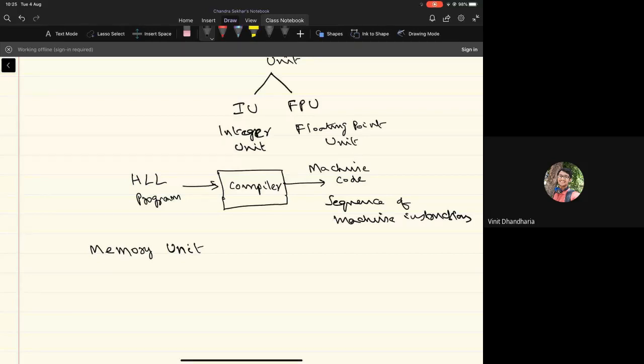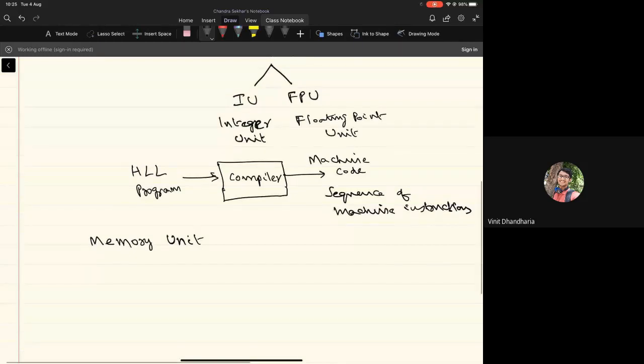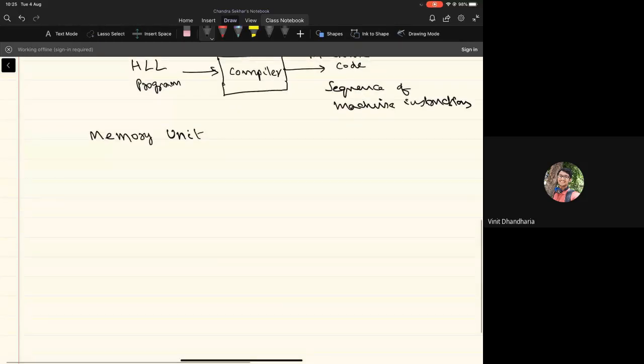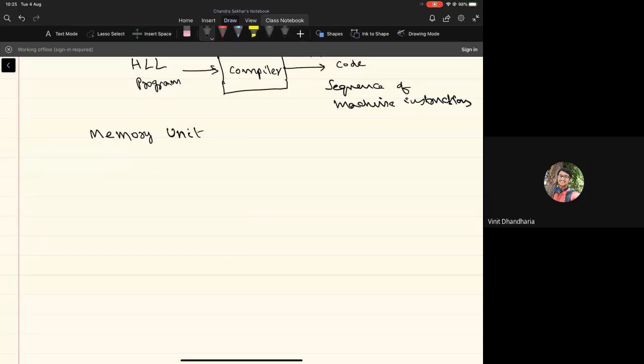And one way of looking at the complexity of these systems is looking at the main component, that is the central processing unit, and then look at how complex this CPU is. One way of looking at the complexity of this CPU is what is called the transistor count in the CPU.